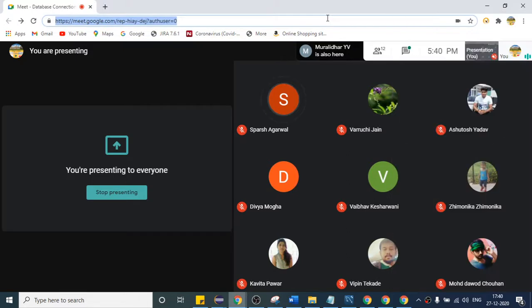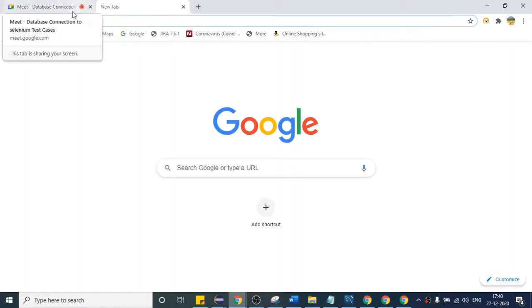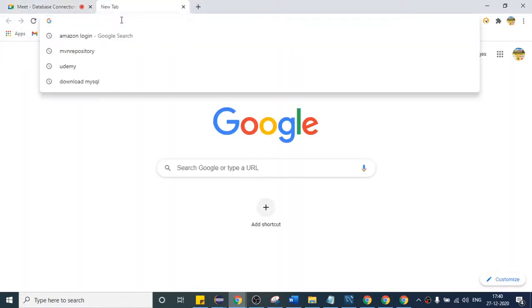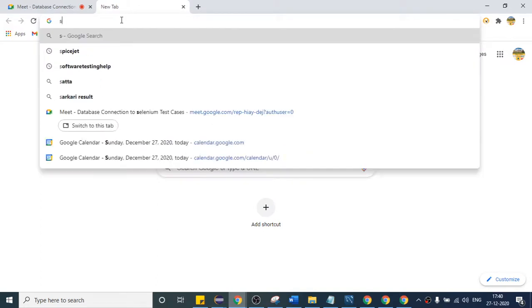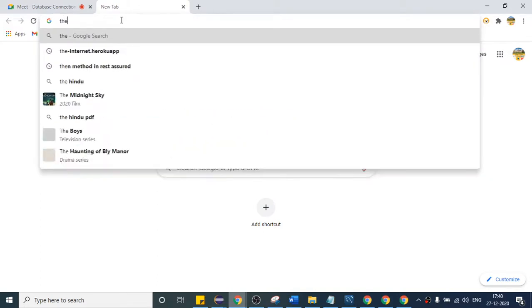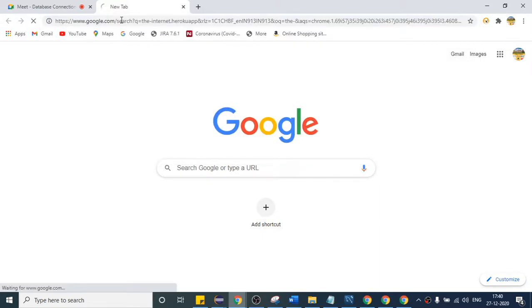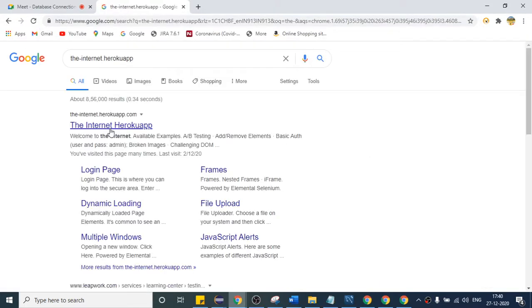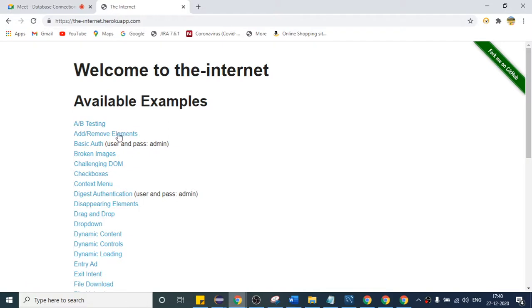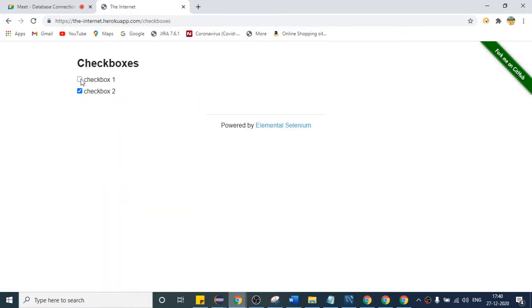Sir, is there any website on which we can do live testing work? There are many websites. If you Google that, you can add Selenium. There is one website, this one. This is a very good website if you want to practice. It has so many elements. If I talk about checkboxes, if you click it, you can select this.